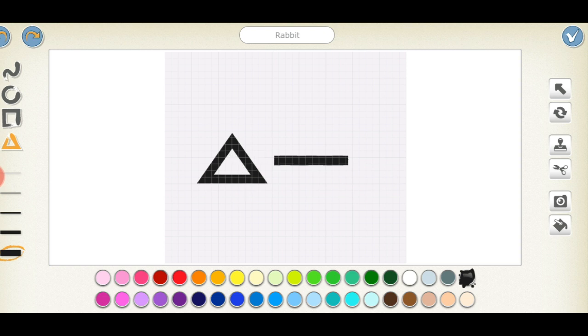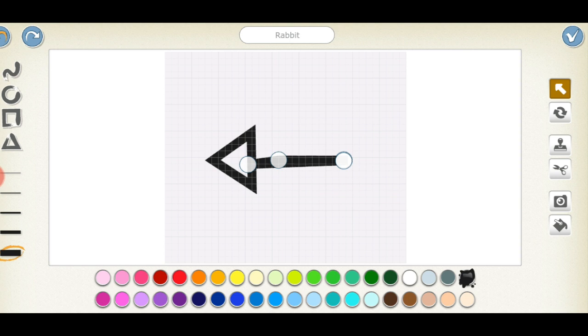like this, and here I can rotate it in any form. So I am rotating this arrow and then I have to join it properly.